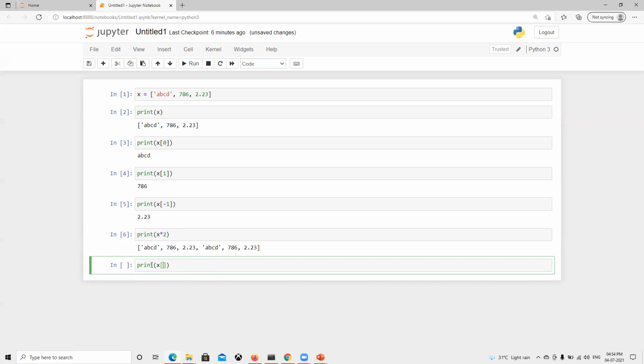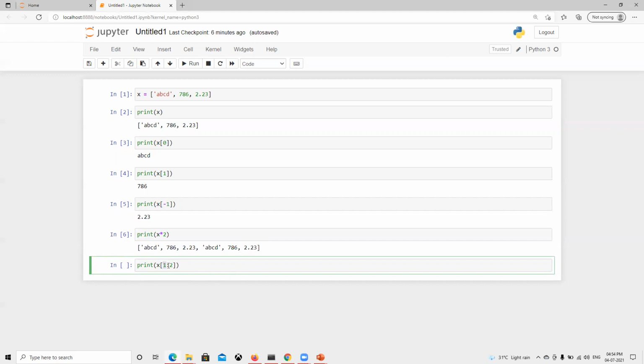So now we know that if you put 0 or -1, it's going to print that value. Now if I put 1:2, the first number defines where we need to start, and that position is included. Whatever we put as the second number is not included in our result, so it takes up to one before that.